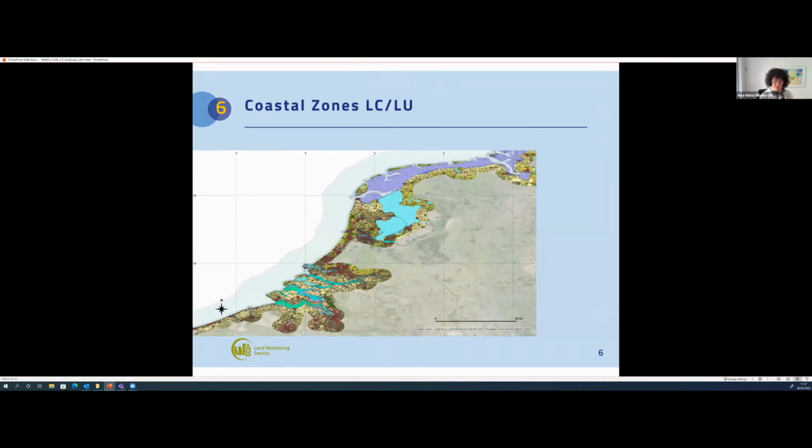So from the land side, from the entrusted entity EEA, the first product that was produced is the land cover land use product. You can see an excerpt here. It covers all European coastal territory with an inland depth of 10 kilometers. We had to decide where the coast would start and end, so we chose the 10 kilometers, which is a value more or less agreed among the community.